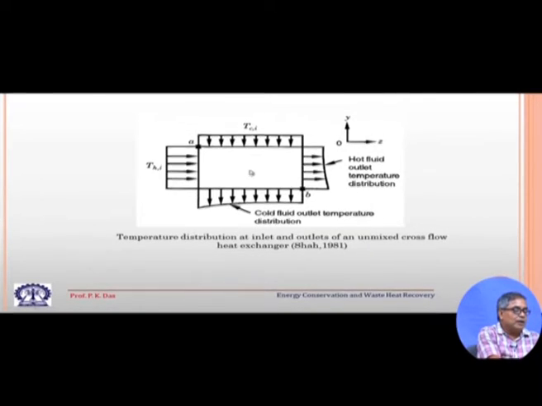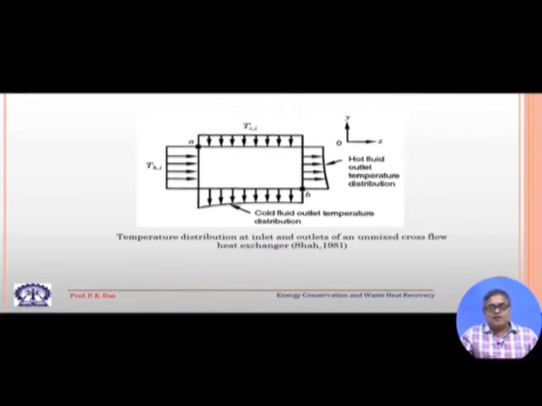Now, when we talk about the exit temperature, we talk about the mean temperature at the exit, either for the hot stream or for the cold stream. Then there is another variation, the cross flow. There are fluid streams, and the fluid is passing through some sort of tubes, there are a number of tubes. So, the fluid is unmixed, or the fluid in a particular stream can mix also when it passes through the cross flow heat exchanger. So, these two variations are there.